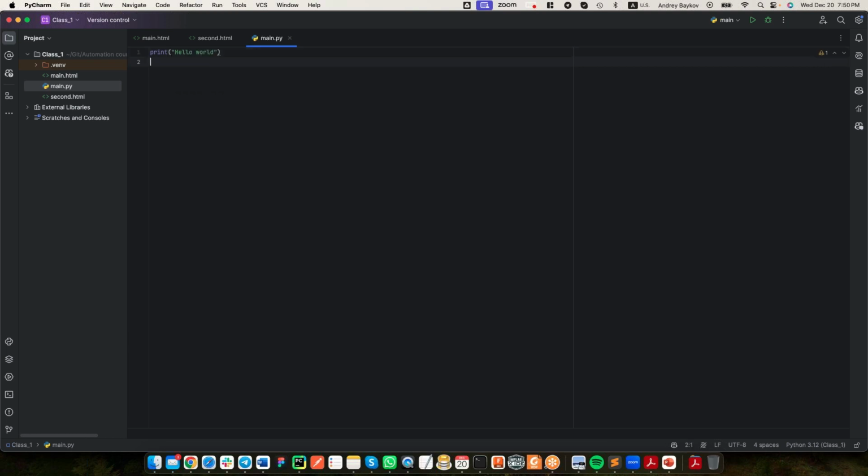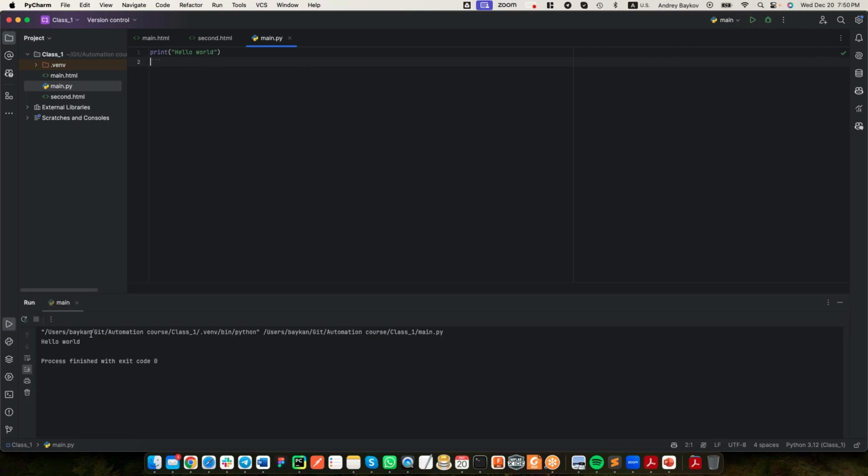Hello world. Okay, I create this file, and now I can just run it. Press the run button, and I see hello world. What if I type not print,